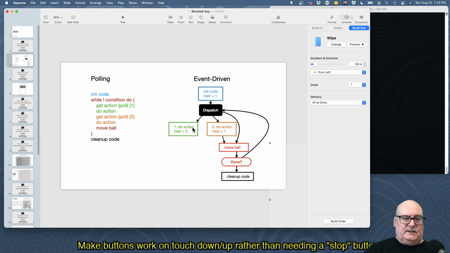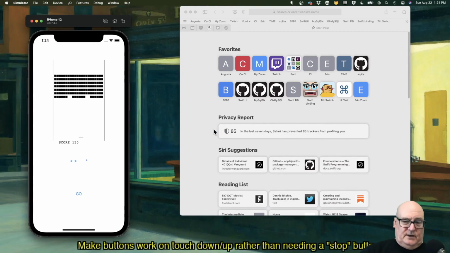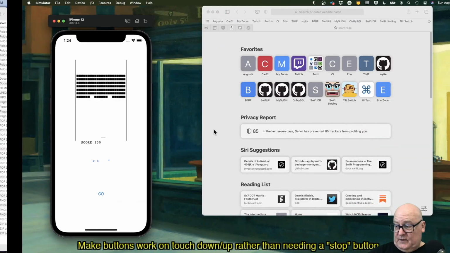So an action comes in that says do move left. We should execute the move left action and return. And then if a move left comes in again, we've set this to 2, so we want to go here. I don't know. We're trying to make